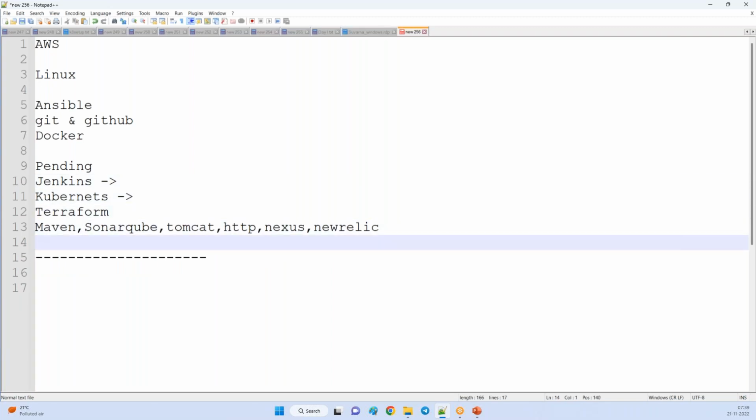These are pending along with shell scripting. So this will not take much time.